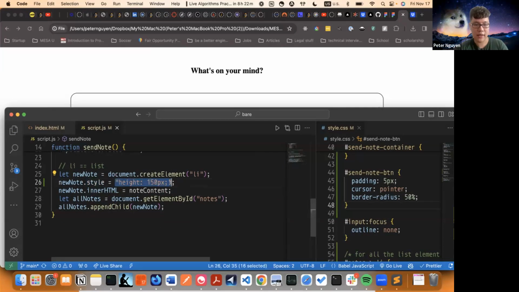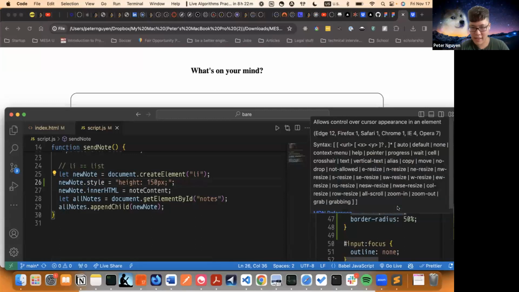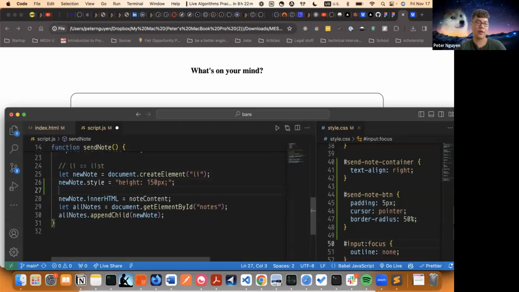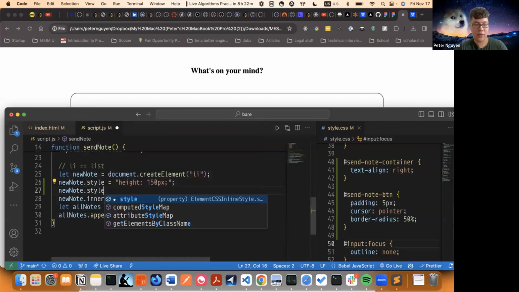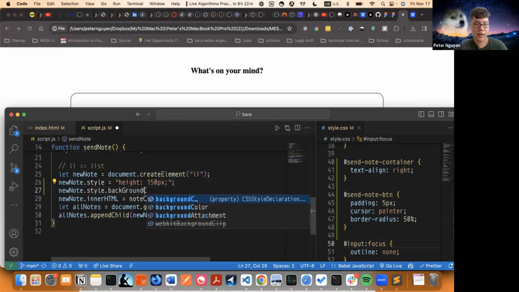It'll be a string, and if you look closely, this is just CSS. This is what we have right here, right? Maybe different properties, but they are CSS. Whatever is in new node dot style is just our CSS properties and values, line by line. And then we want this new node style dot background color